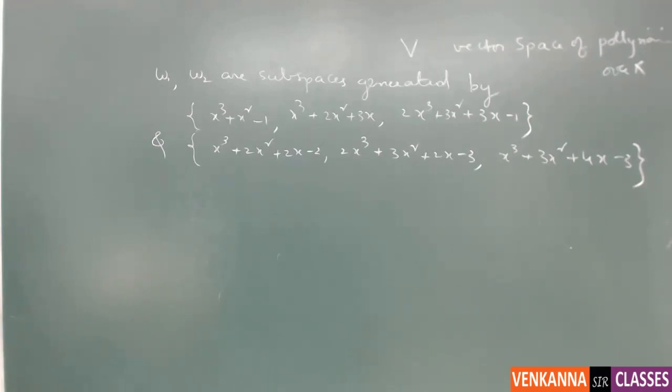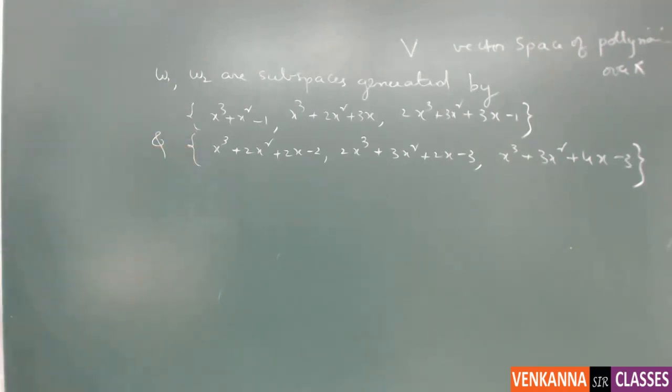W1 and W2 in V, which are generated by these sets. This is the generating set for W1 and the second one is the generating set for W2. Generating set is nothing but spanning set. So the first set having 3 polynomials is a spanning set for W1. It means whatever polynomial you consider in W1, that can be written as a combination using these 3 polynomials. Similarly for W2, whatever polynomial you consider, that will be represented as a linear combination of these 3